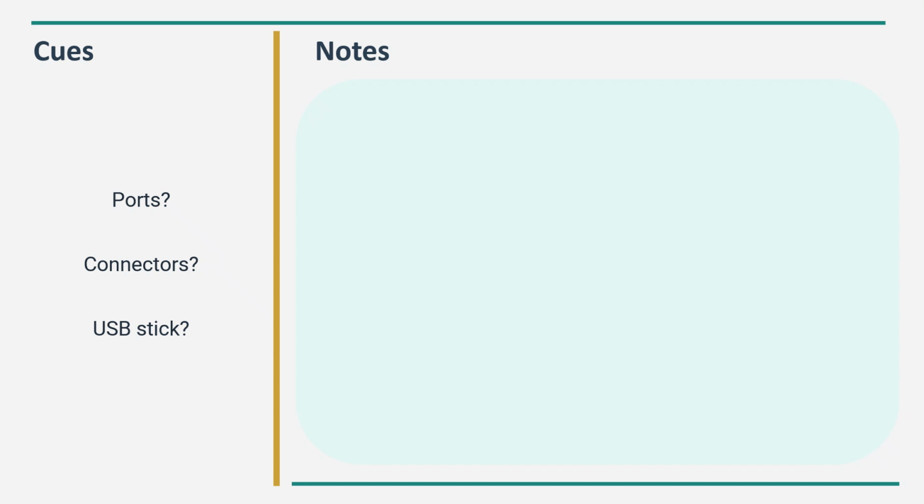Remember, we use the Cornell method of summaries with the cues on the left and the notes on the right. The cues will help you to quickly ask questions, to see what you know and to answer them, and to make sure that you know the work. So let's quickly sort out this question.